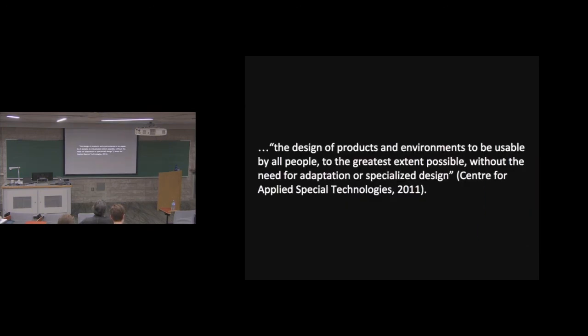They're used to design mostly physical built environments. But what happened was we want to look at how can we take these principles and apply them to an educational experience or a learning environment. And so here's a wonderful definition out of our friends from the Center for Applied Special Technologies around universal design, and one that they've kind of used to build and guide their decision-making around universal design for learning. So they say the design of products and environments to be usable by all people to the greatest extent possible without the need for adaptation and specialized design.